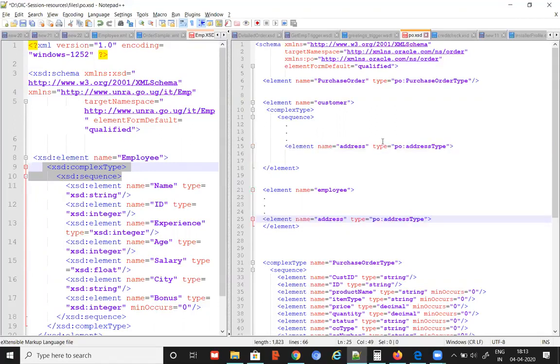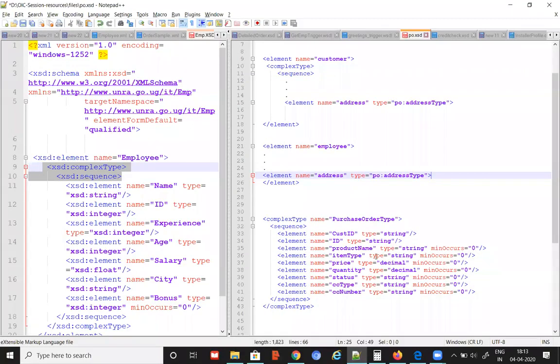Instead of typing the 4 fields here and here, I can create one address outside like this. This can be address type. And then I'll put the sequence of elements. What does address mean? Address means it's going to have door number, street, city, country, like that, right?